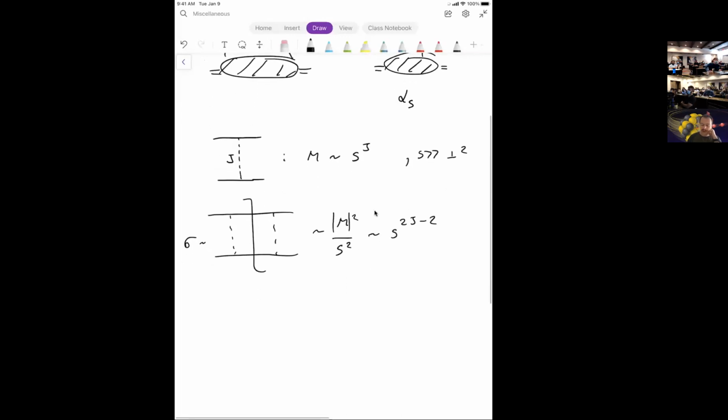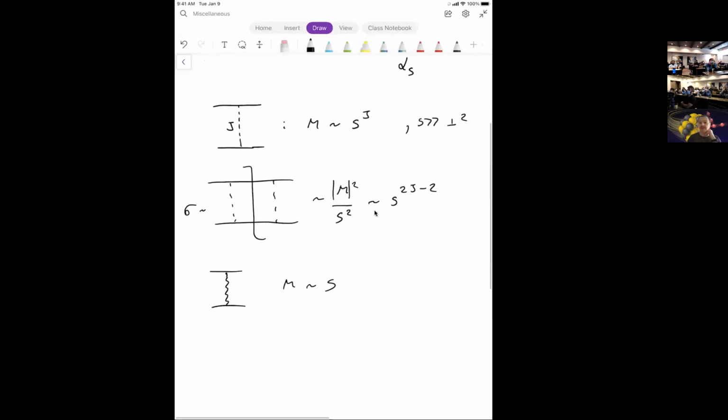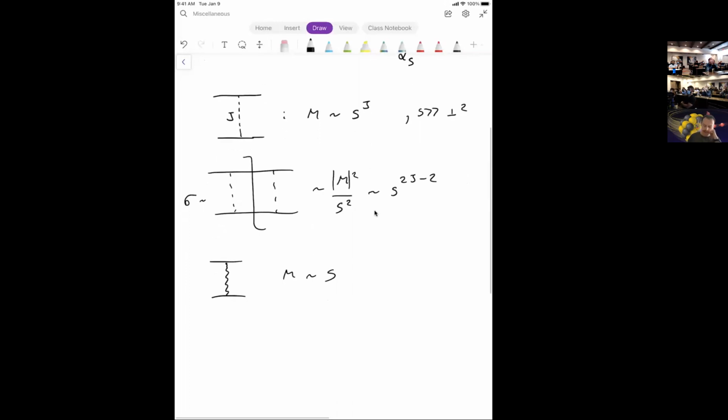And so you can check, right? If we're exchanging a gluon, the scattering amplitude at high energies goes as s. Just a Born level calculation, you can just sit down and do it. Really, if this is a big plus, big minus, you get a p plus from the matrix element on top and a large p minus from the matrix element at the bottom of the diagram.